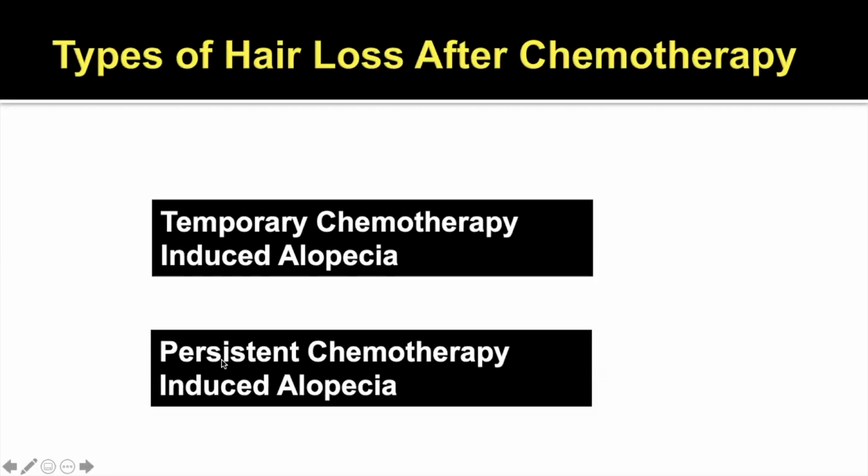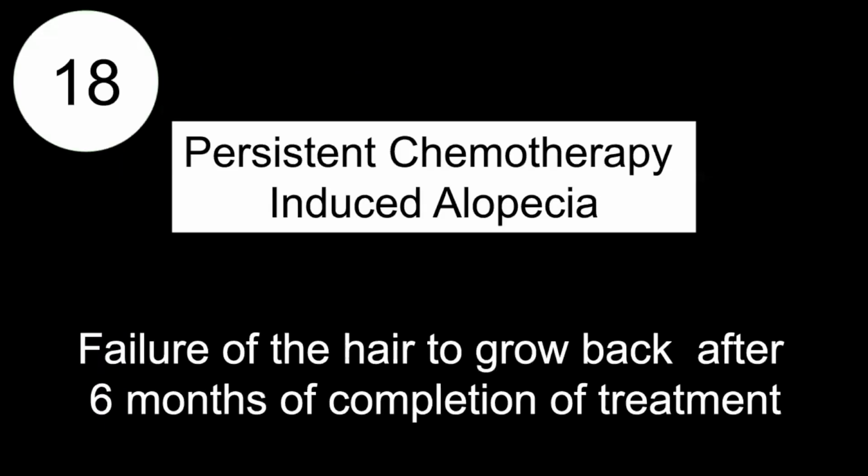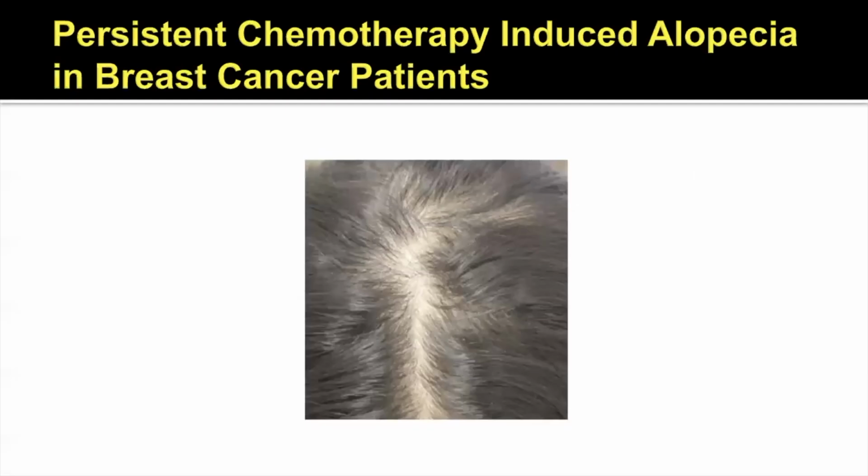Persistent chemotherapy-induced alopecia is something different. And this is a type of hair loss where patients undergo chemotherapy and they lose hair, but they don't regrow all of their hair back. They're waiting for it to improve, but it does not all grow back. And that is persistent chemotherapy-induced alopecia. It also goes by the name permanent chemotherapy-induced alopecia, but the term persistent is preferred. Persistent chemotherapy-induced alopecia is a